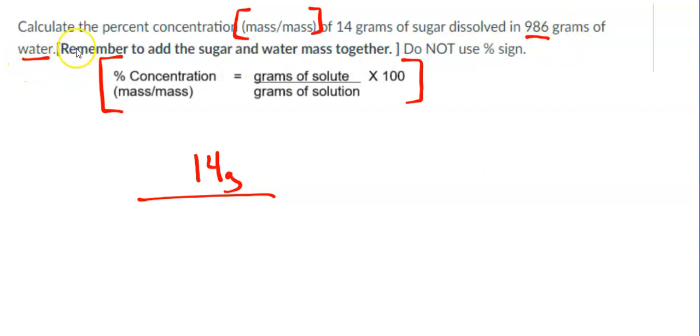Remember, it's even written in bold here, if it just gives you water, you must add the water and the solute to get the total. So the denominator would be 986 plus 14, which conveniently is 1,000. So times 100, if I do my math right, it is